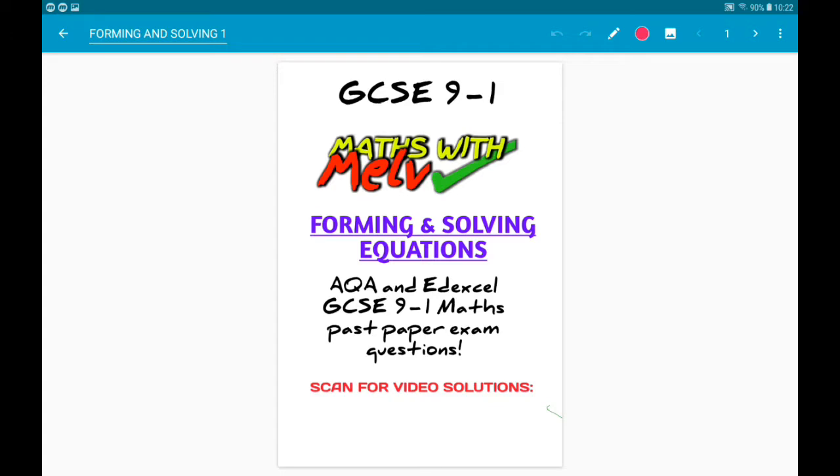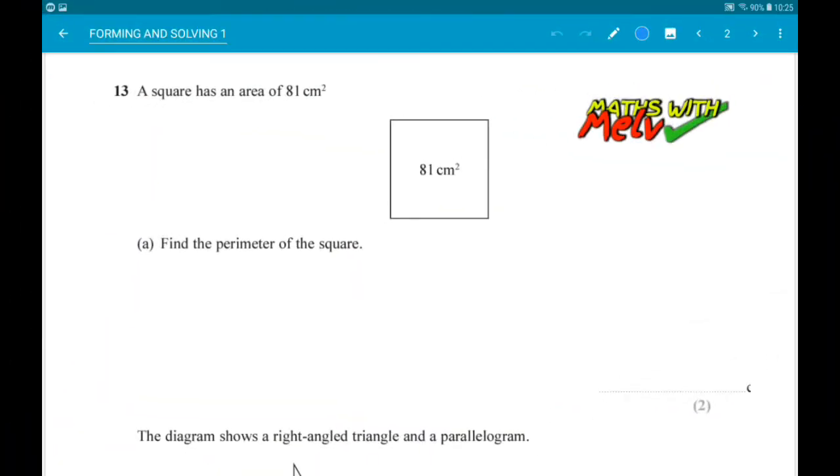Okay, let's get cracking. First up, a square has an area of 81 centimeters squared. Find the perimeter of the square. So to be a square, all the sides have to be the same length. At the moment, we don't know the length, but we can form and solve an equation. So, if we call the sides x,